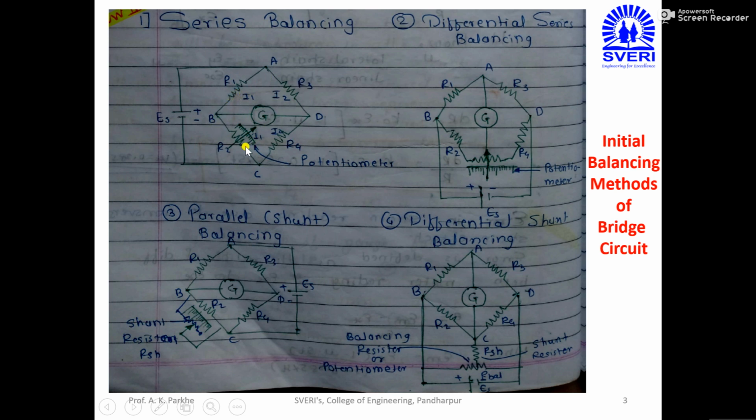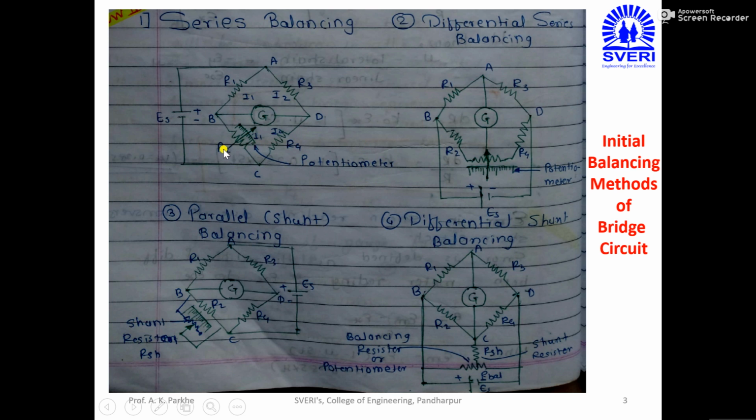So what we have to do is make this R2 also from 348 to 350 ohm. For this particular process, this potentiometer is provided, which is also called a variable resistance. This variable resistance is connected in series with this R2. Why is such a variable resistance provided? Because by using this potentiometer, or this variable resistance, we can make this R2 equal to